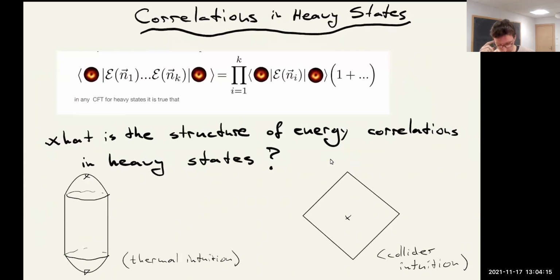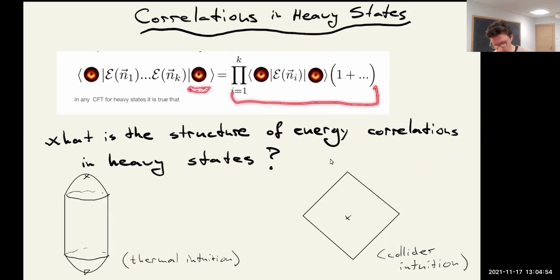in a CFT. In fact, I showed you this black hole picture, and when we want to run the experiment with the Hawking radiation, we probably don't want to measure the amplitudes, but the energy fluxes. So in fact, an interesting problem is to ask, what are these observables in heavy states in a CFT? And it seems like they always, to leading order, factorize, and then there are some corrections. And it will be very interesting to understand how these corrections behave and how the properties of microstates are encoded